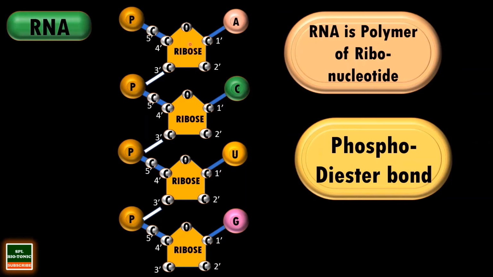And remember, these are the same as in DNA. The only thing is, in case of sugar, DNA has deoxyribosugar, whereas RNA has ribosugar, and DNA has thymine, whereas uracil is present in RNA. Now RNA is mostly single stranded, but part of it can become double stranded. Now the direction of this RNA strand is 5' to 3'. At the top, the free end has a 5' phosphate group, whereas at the bottom the 3' end has a 3' hydroxyl group. So the total direction of this RNA is 5' to 3'.